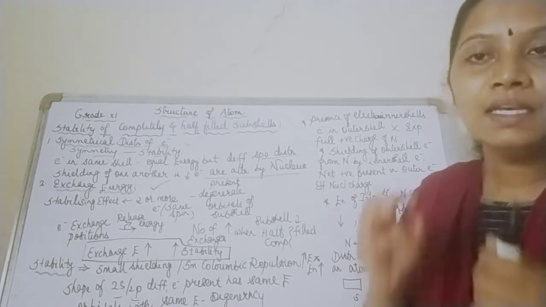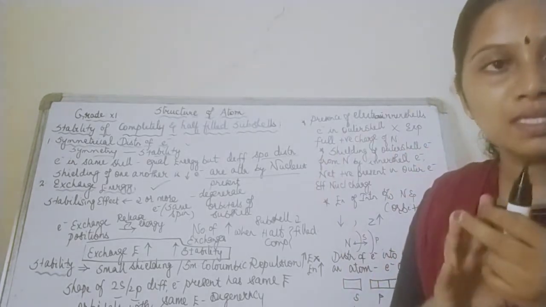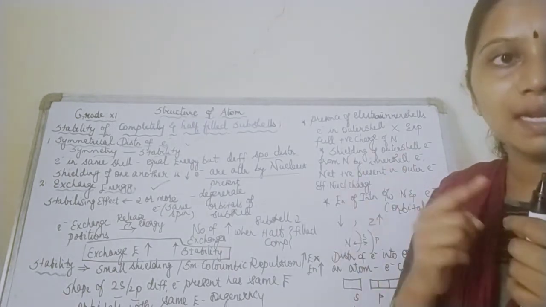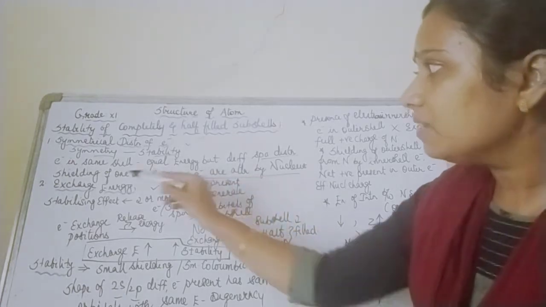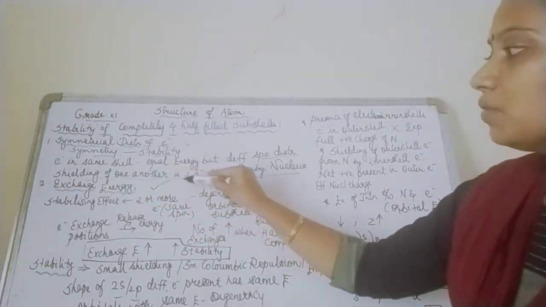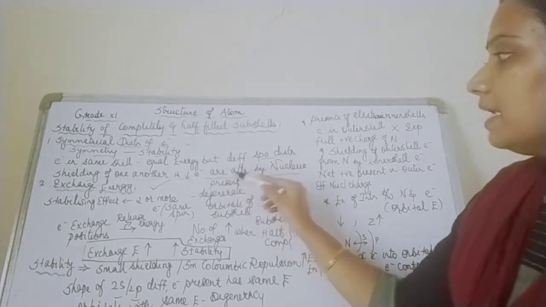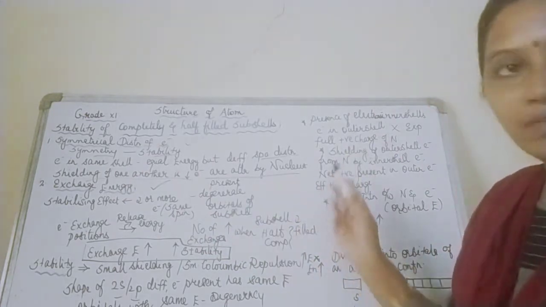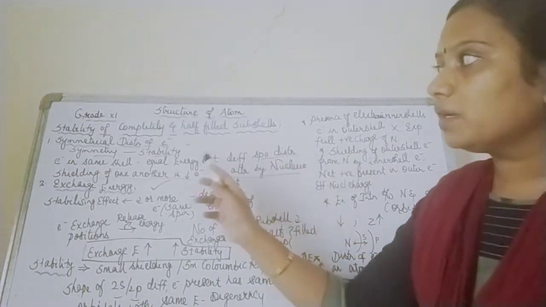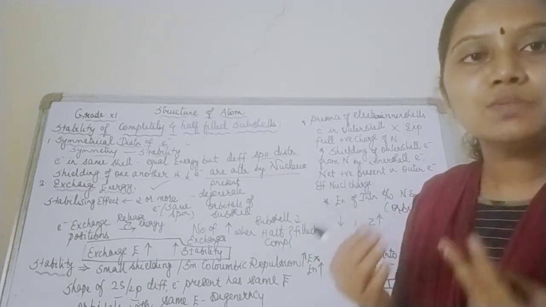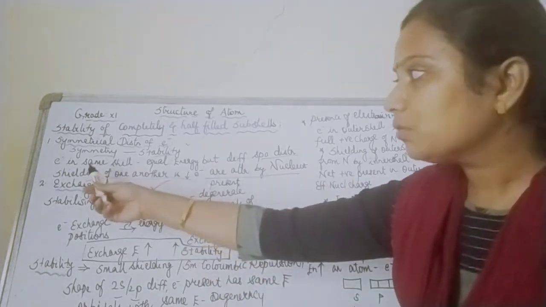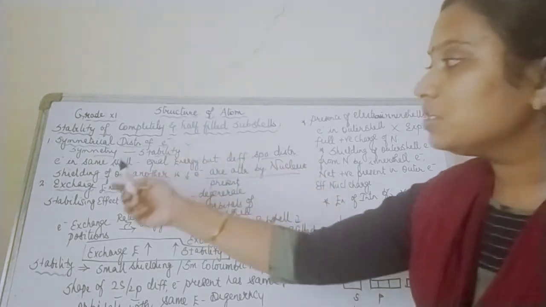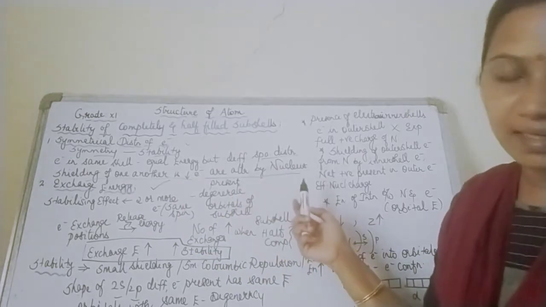What happens when electrons are attracted? The nucleus is positively charged, having protons and neutrons. So when electrons are attracted towards the nucleus, shielding of electrons with one another will be less. I will be explaining what shielding and degeneracy are when we come to the last part. So what is the first part? When the symmetry is more, stability is also more. Electrons present in the same shell have the same energy, but they differ in spatial distribution, and shielding of one another will be less if electrons are attracted towards the nucleus.